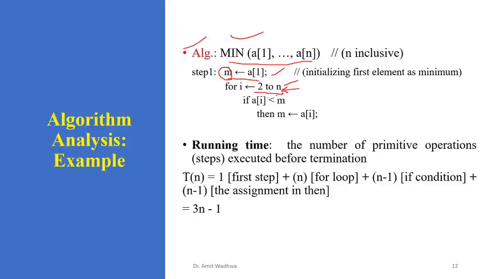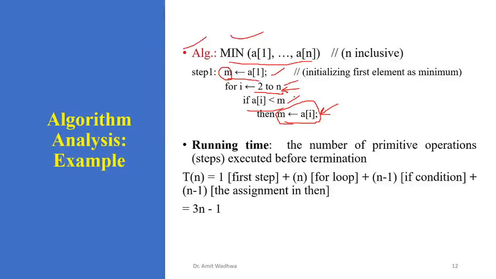Then for every iteration, what we'll be performing is comparing the element, like the second element of the array, with the current value of m, which is holding the value a1. a1 is part of m right now. So a2 will be compared with a1. If a2 is less than a1, that means your minimum is a different one. Initially we have assumed that the first element is minimum, but if we find an element which is lower than that, we'll replace the previous one with the new one. So this is also again an assignment operation.